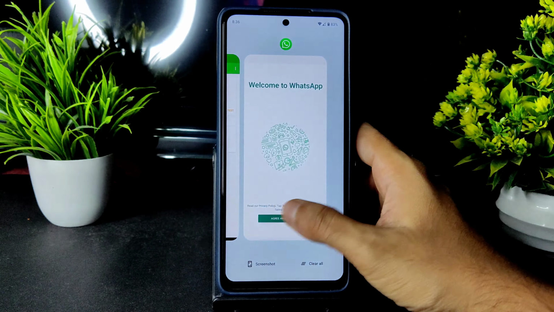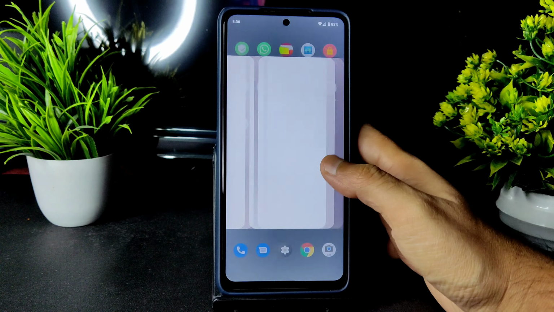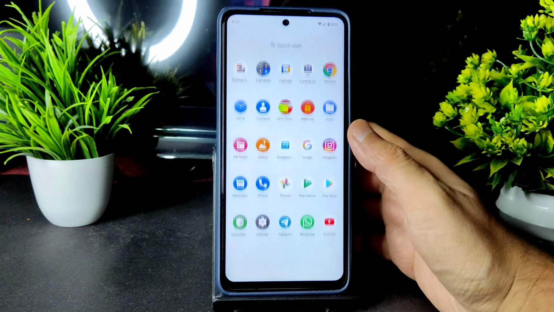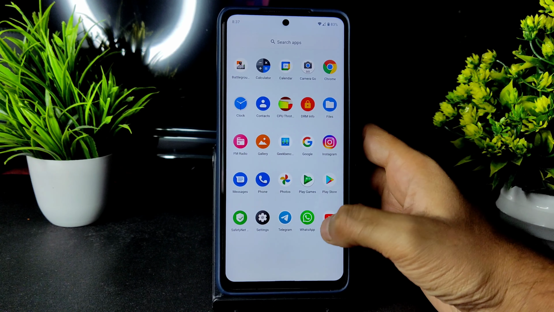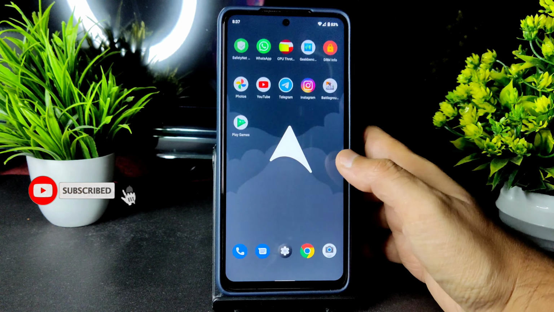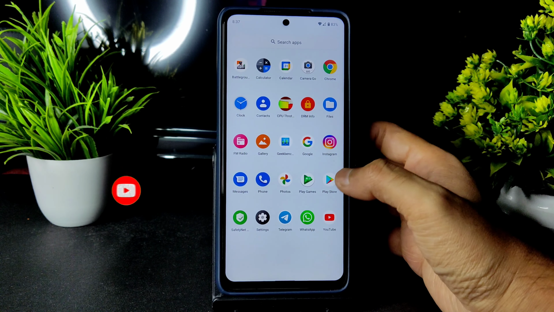It's stable enough. That's the one thing I like. As you can see, it's smooth, without much lag or anything. I did not face any lag in the last 2 hours. That's the good thing I am noticing. And you will get this kind of gap, and that's the one thing I like in this ROM. And that's how, guys,